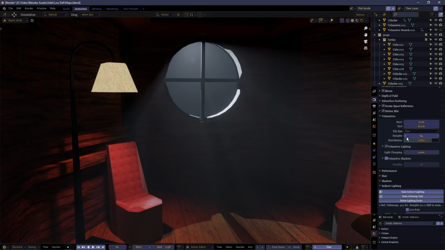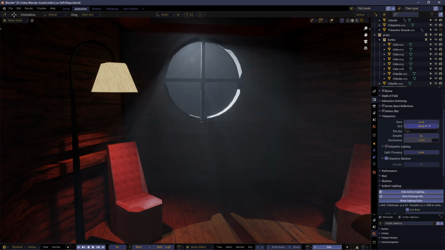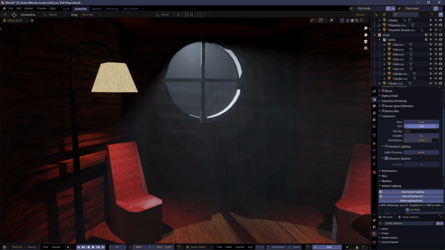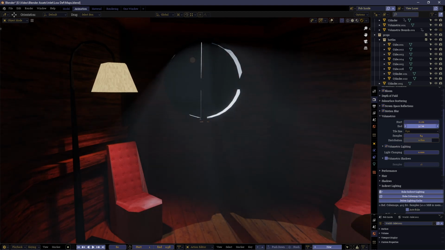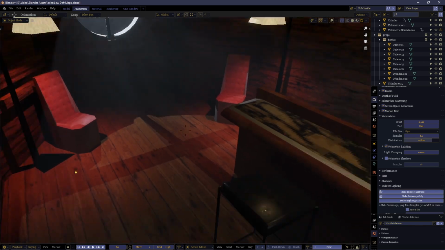One thing you can do if your scene needs it is turning down the end distance. This affects how far away from the camera volumetrics are going to be rendered. Putting this down as much as you can afford to can sometimes help, although if you've already constrained it to a box area manually, that detail isn't really important.